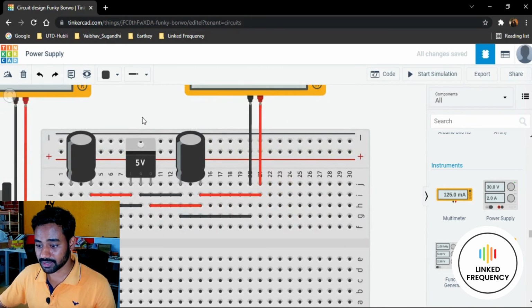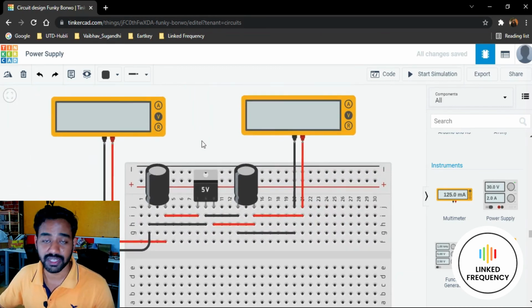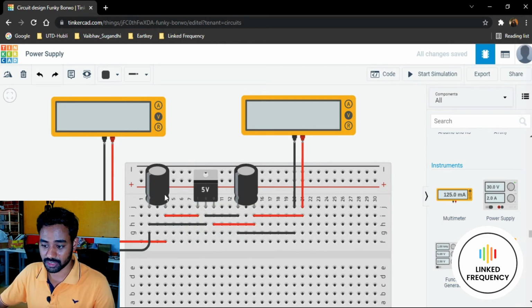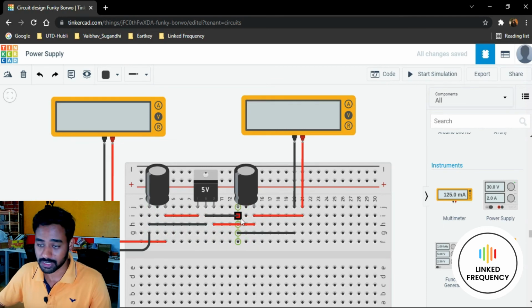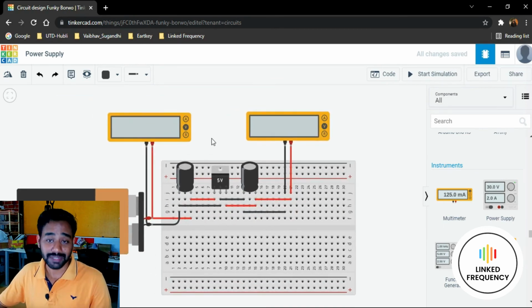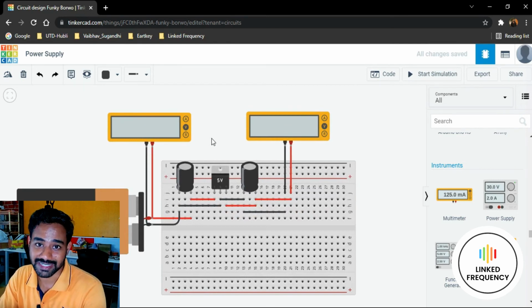And notice that red color indicates the positive path of the entire circuit and black color indicates the negative path of the entire circuit. I personally believe that the circuit is completely done. Why? Because output is connected to the output capacitor, input is connected to the input capacitor, wherein the ground points are connected in common. So I personally believe that the circuit is ready. Let me simulate the circuit and show you how exactly it works.